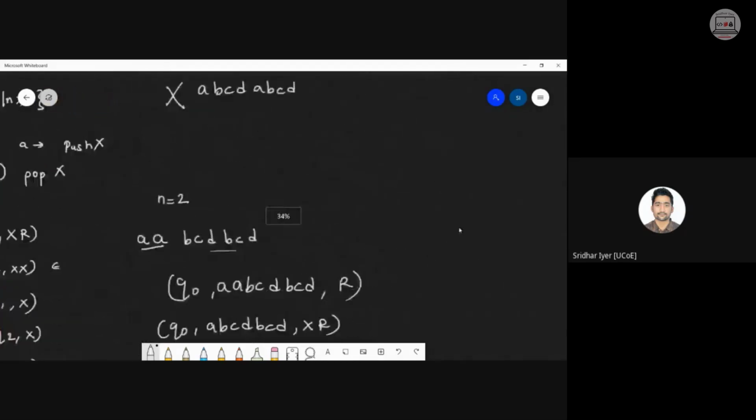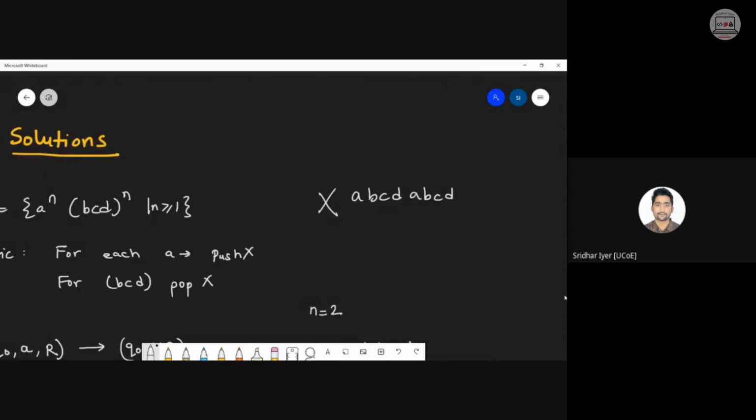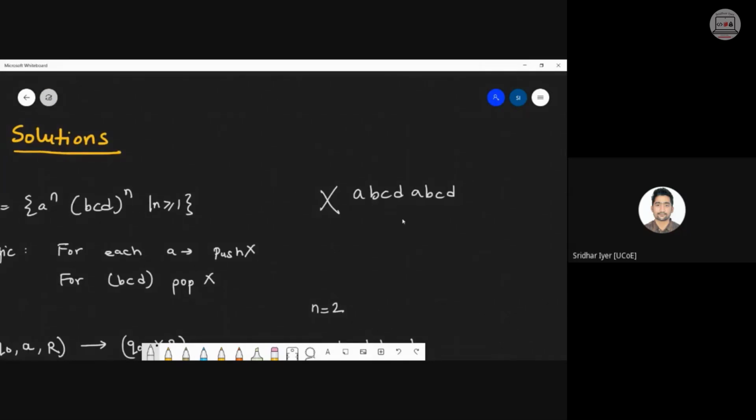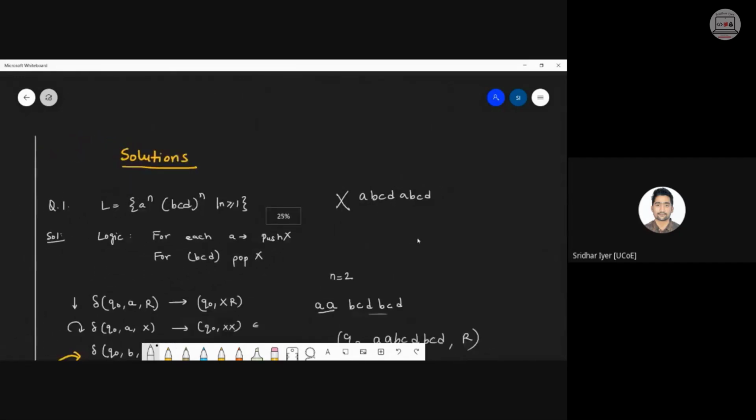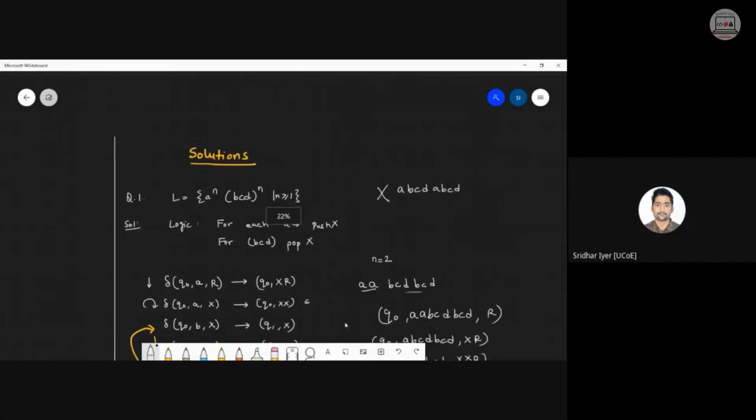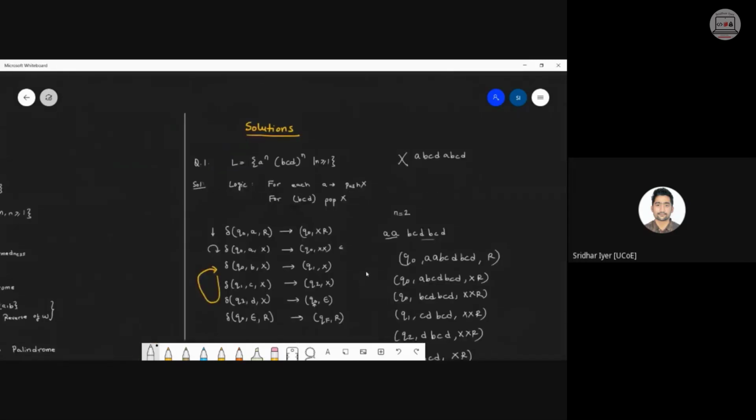बस वही एक ध्यान देना कि क्वेश्चन को प्रॉपरली इंटरप्रेट करो आप. It is not ABCD, ABCD. It is A के complete terms एक साथ, then BCD के complete terms एक साथ. Am I clear now? Kindly let me know. Okay. Is my voice audible or is it cracking in between?